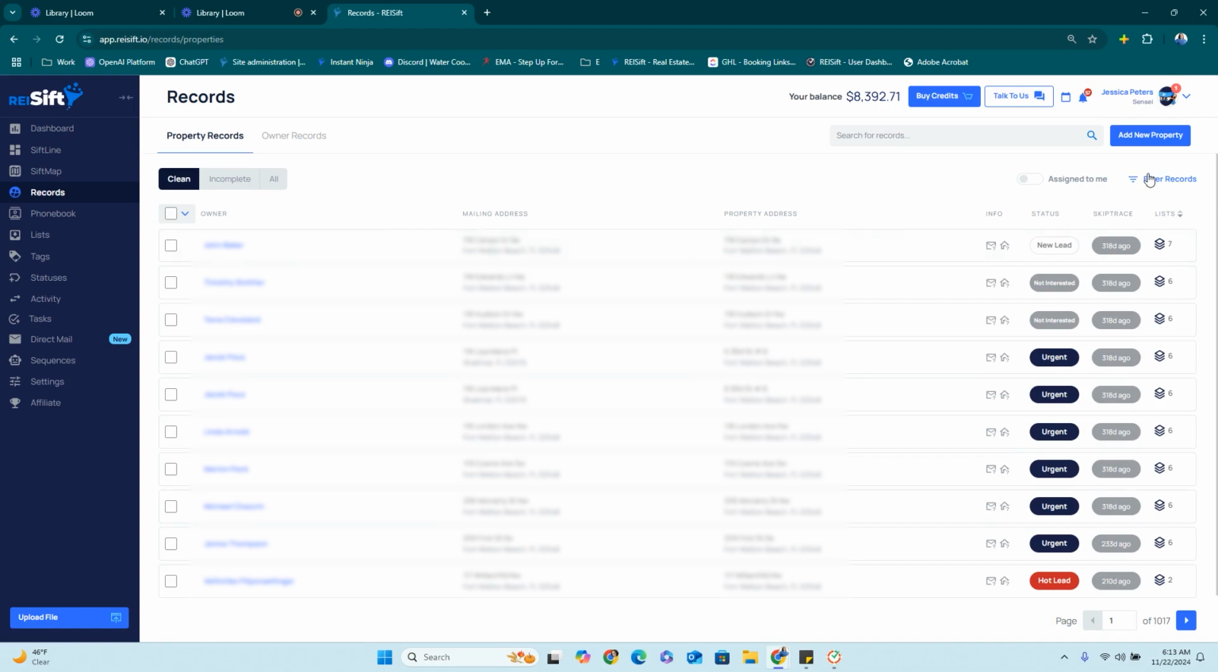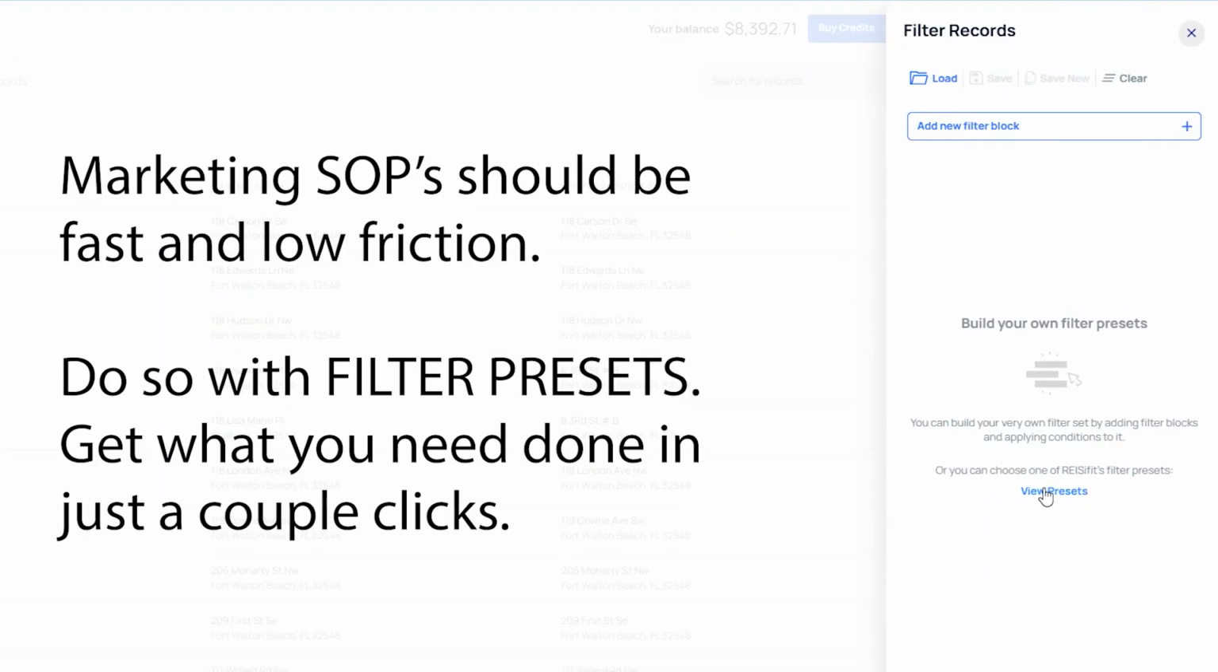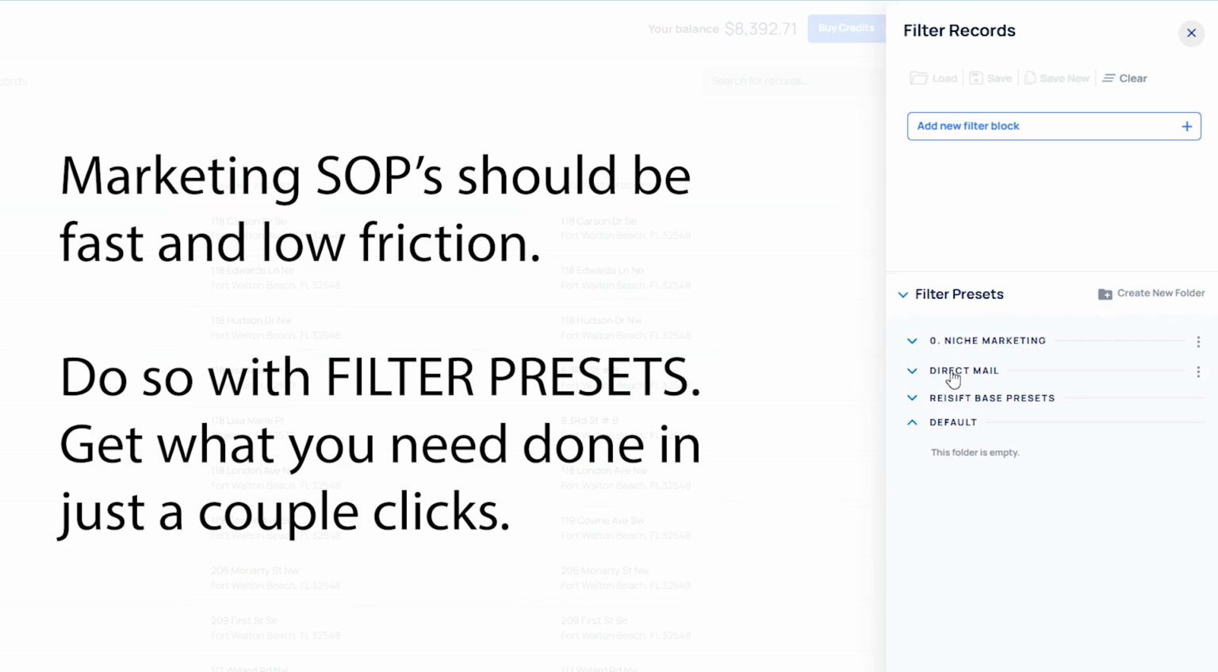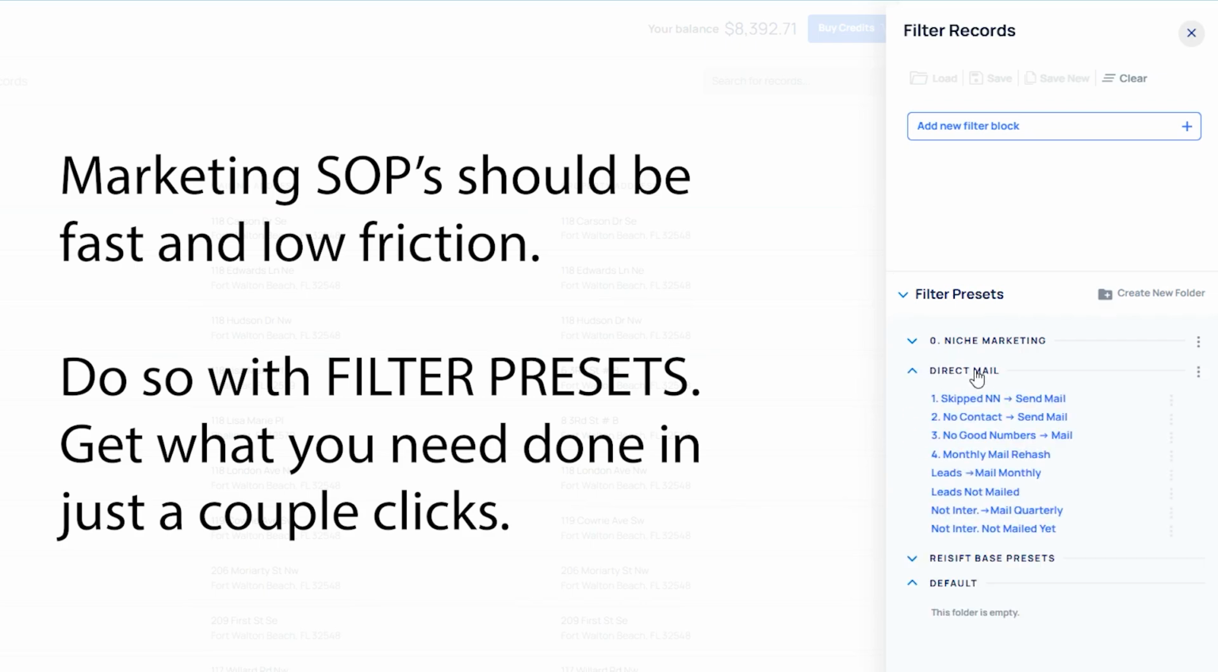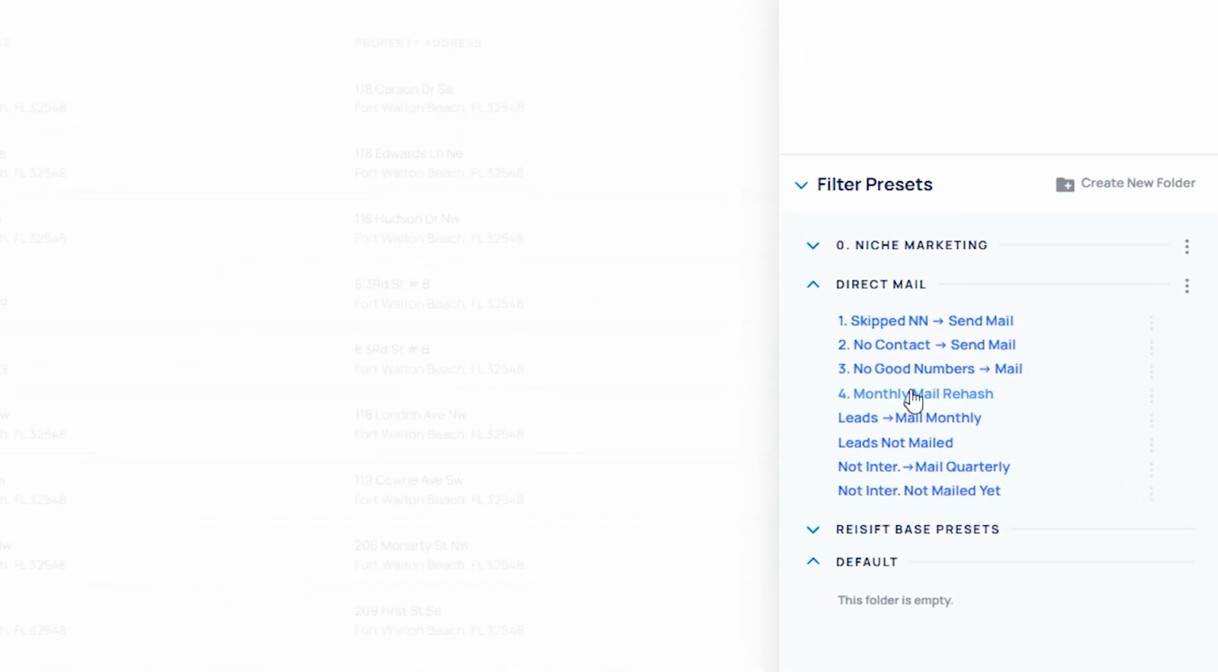So let's go ahead and open our filter presets. I'm going to click View Presets and load some that I've already created. I've created a direct mail filter folder, and we're going to cover the first 4 filter presets in this initial video. These are focused on reaching property owners that you have not reached yet and trying to generate those inbound